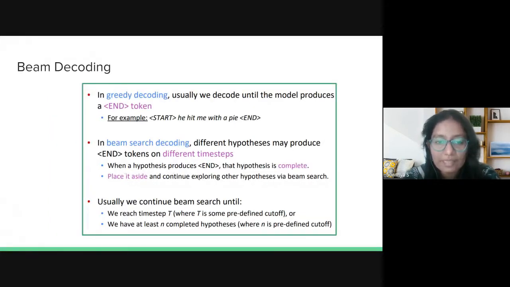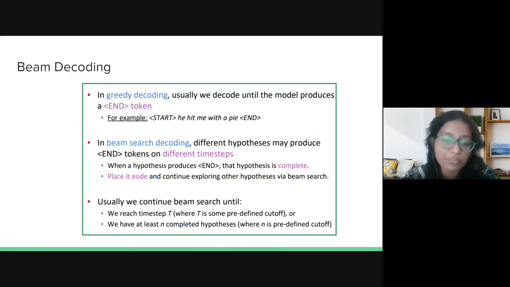So when a hypothesis produces end, that particular hypothesis is complete. So that particular part of the tree is done. But we continue searching our hypotheses. So where do we stop? When all your hypotheses have produced end, or you have reached a particular set of layers and you know that